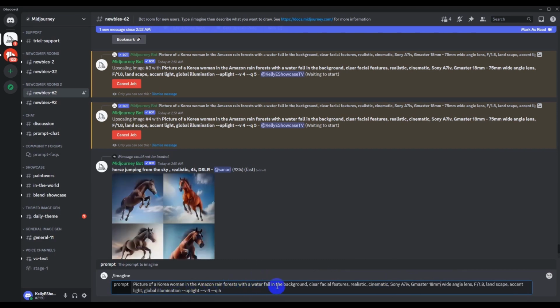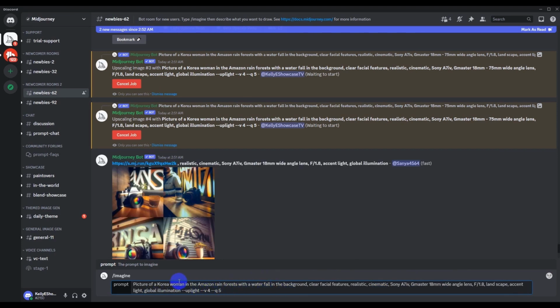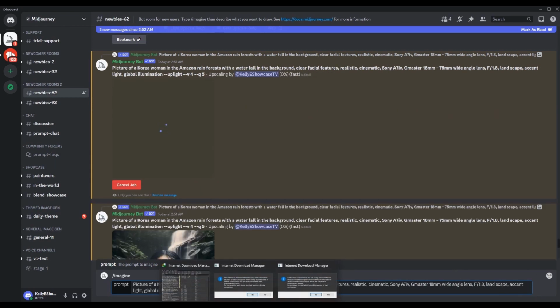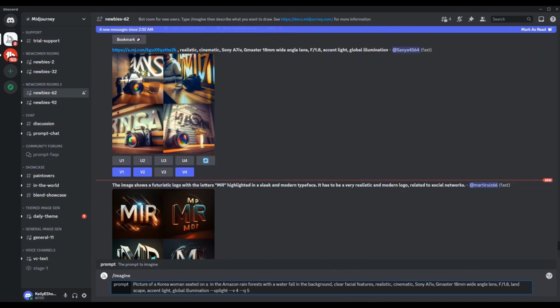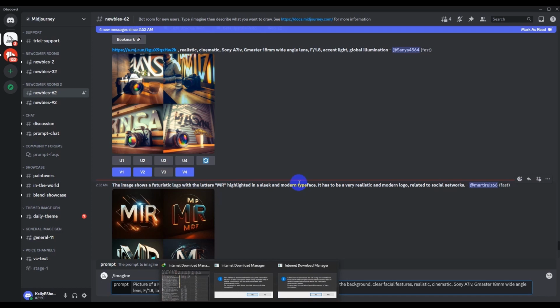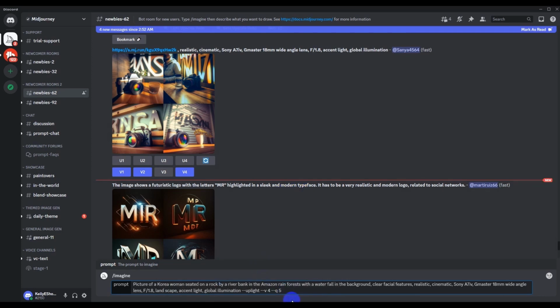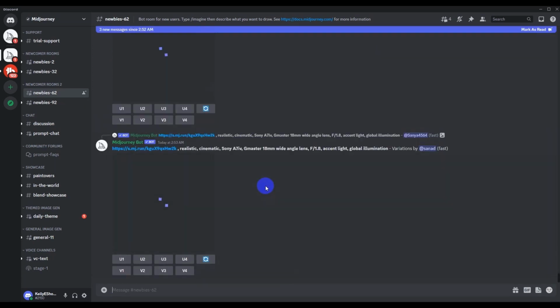This is what I wanted to do. I'll say seated on a rock by a river bank. I believe this is gonna be a beautiful pic. Maybe no, I wanted to reduce the quality. Let's just leave it right there at 5. I want to say 4.